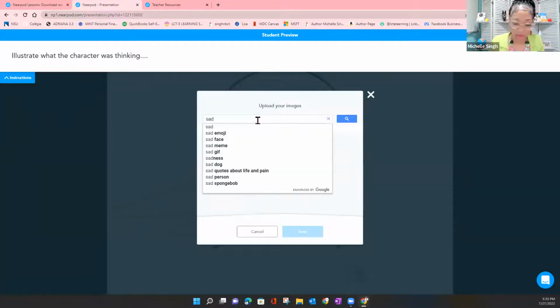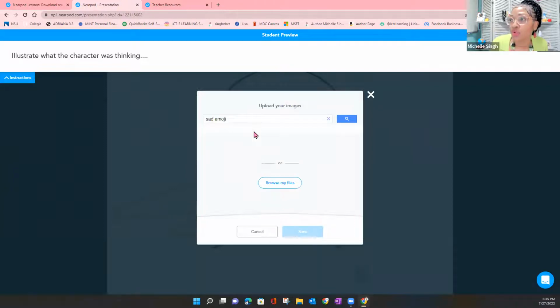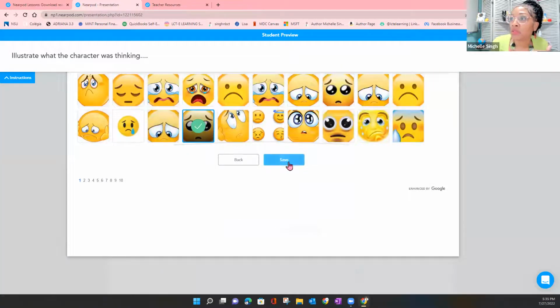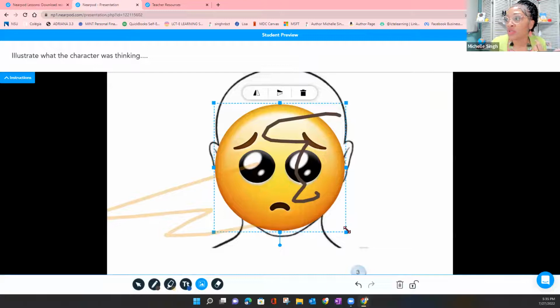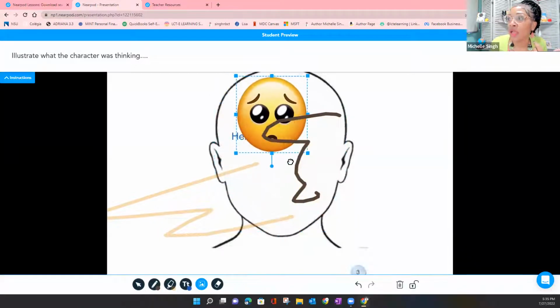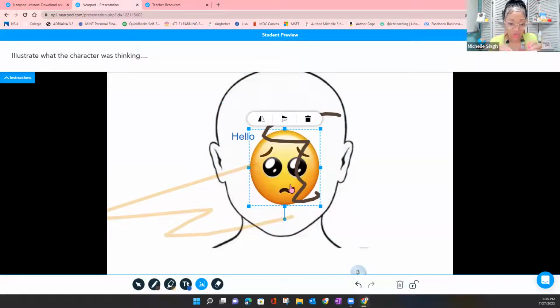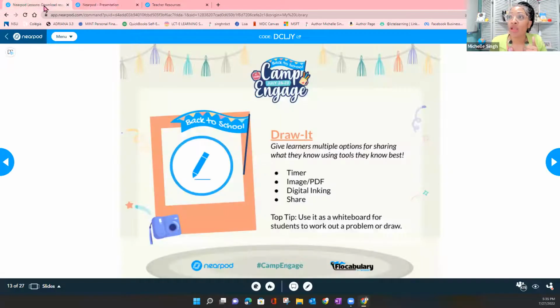So sad emoji, sure, sad emoji. So I'm just going to add that just to illustrate how they can add different types of things to their Draw It activity. Okay. All right. So I just wanted to illustrate that for you so you can see what the Draw It activity looks like, how